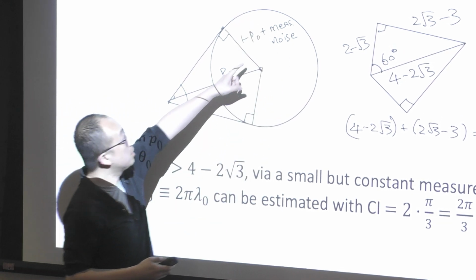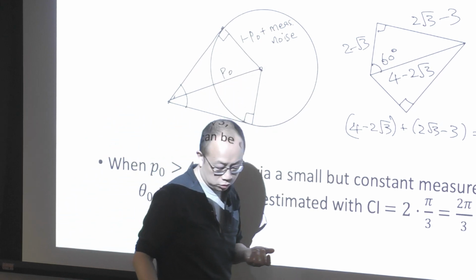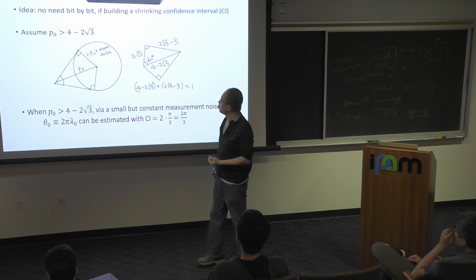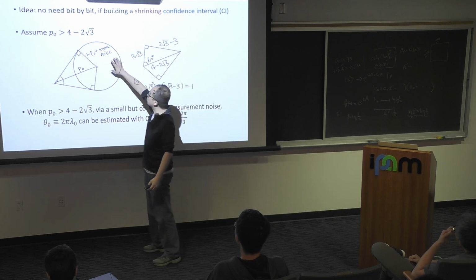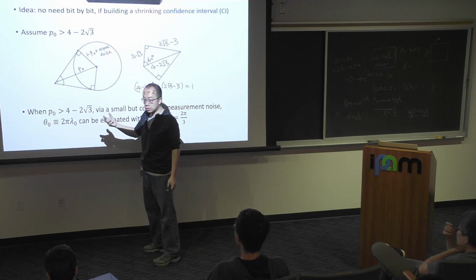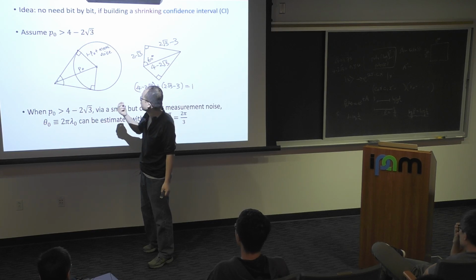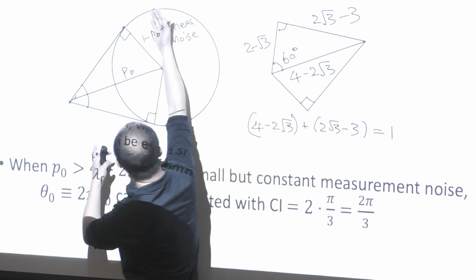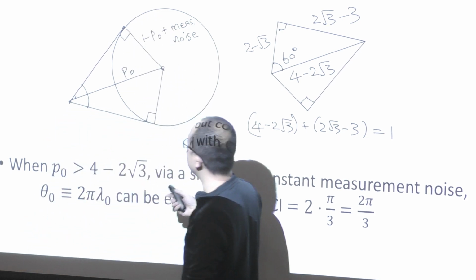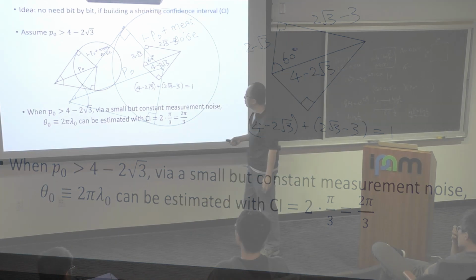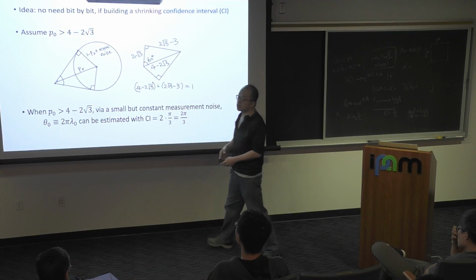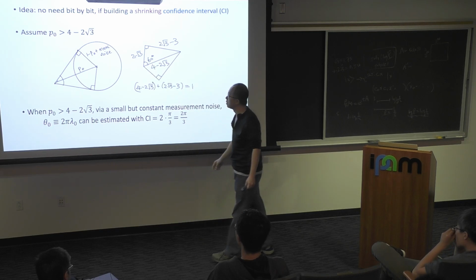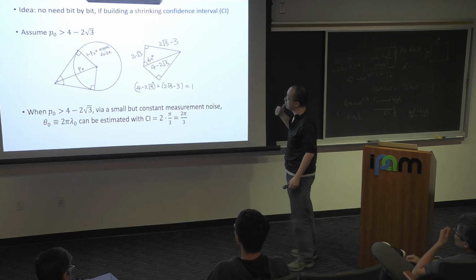Here I add a little bit of measurement noise, because when you measure, you also have to repeat the measurement several times. But as I will show you, you don't need to make the measurement noise go all the way down to 1 over epsilon. It only needs to go down to a constant number. So you can think about how big this disk is as telling you where we can land after we do the measurement. The essential thing is that you want to make sure that the angle you span here is at most 2 pi over 3. Why is it 2 pi over 3? This will come up in the next slide.